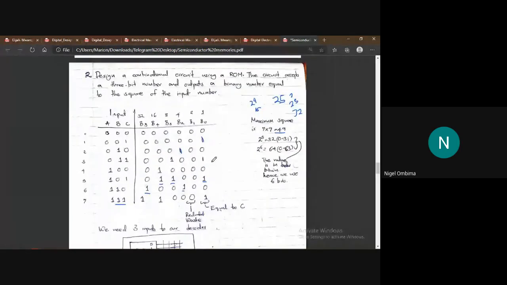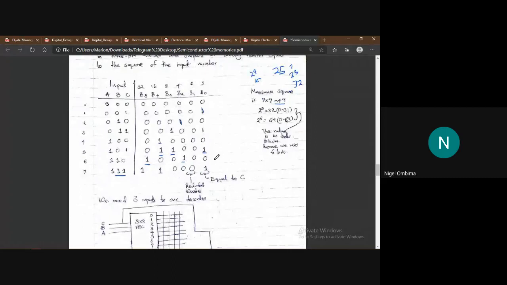From this question, you're supposed to minimize the number of terms you're using, so if you see terms that are similar, you just group them. Like this one, B1 is always 0, so inputting it into our ROM would be a waste, so we just put B1 to be 0, you'll see later. Then for B0, we can see there is a pattern: 0, 1, 0, 1, 0, 1. C is also 0, 1, 0, 1, 0, 1. So we equate this one to C. The line for B0 will just use the line of C. So when we come to draw it,